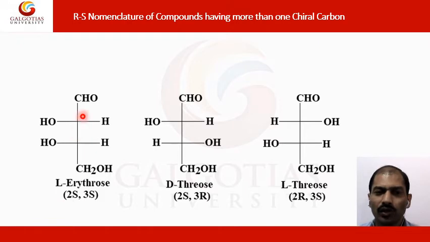Suppose you are considering this a chiral center and this another chiral center. With respect to this, just assume this whole group as one group, and then you have to put the priority. In this case, this is the carbon. First priority will of course go to this OH group, and then this C is attached with one H and a double bond O. With respect to this, this carbon is attached with O and with H carbon. So here first priority will go to this one.